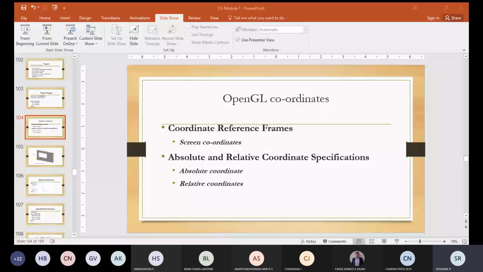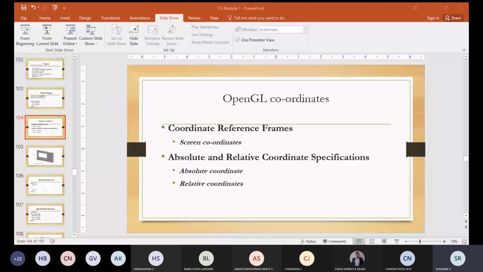Whenever I'm talking about a primitive, the primitive can be a line, a polygon, or a point.